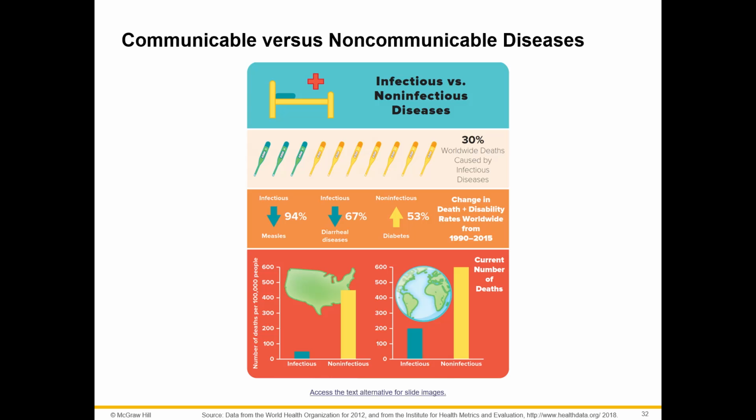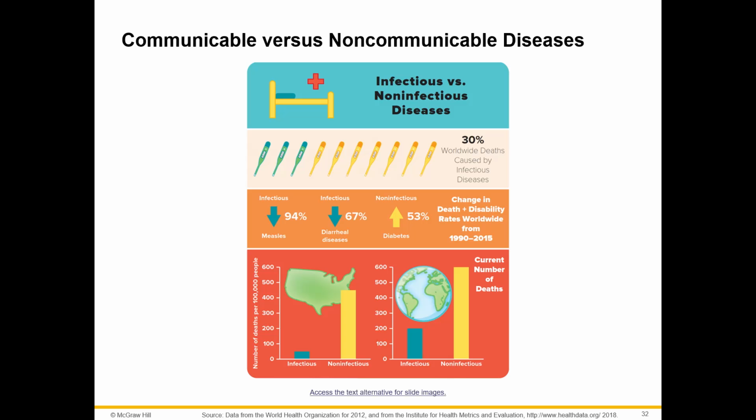Communicable versus non-communicable diseases. Communicable disease can be transmitted in communities or spread from person to person in a community. A non-communicable disease cannot. So an example of a communicable disease is COVID-19. Influenza. So communicable diseases can be spread readily from person to person. Non-communicable cannot, such as tick-borne diseases,